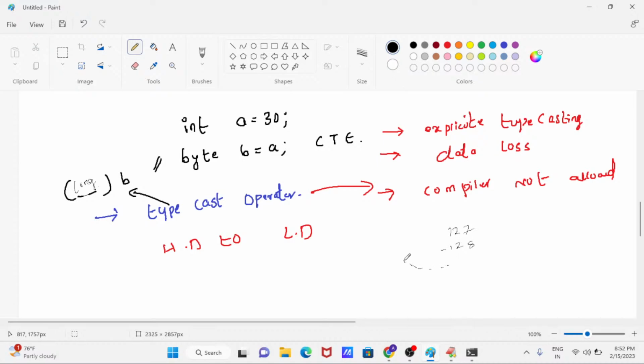Again plus 126, then after 127 the value is minus 128. After minus 127, minus 126, like this the values are arranged in a circular shape.